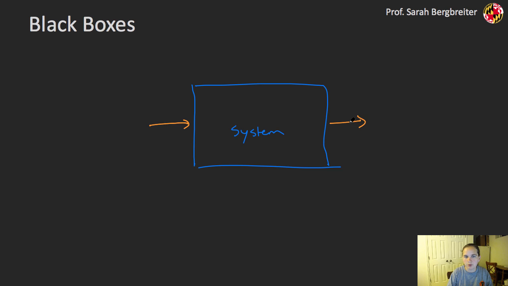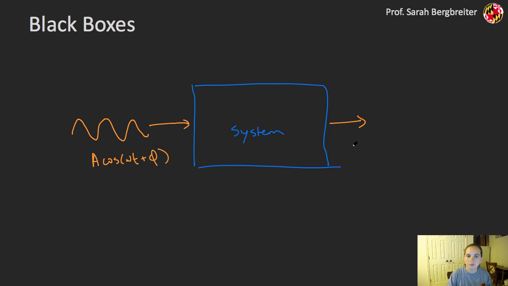and I'm going to hypothesize to you that I can put one class of signals into this system, measure the output of my system, and then have a good idea of how that system is going to react to every input that I might put into that. And I'm going to say that class of signals is the sinusoid that we talked about. So I have some amplitude, some frequency, and some phase coming into this system,